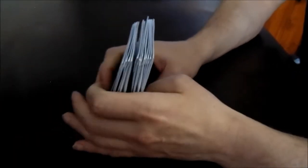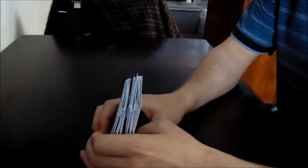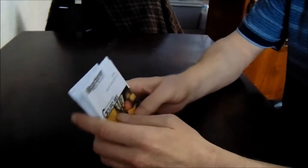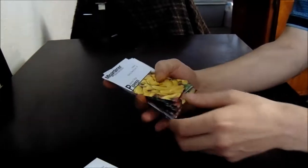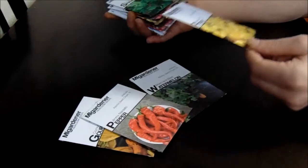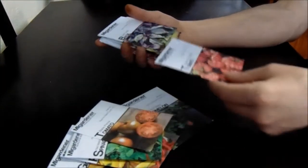So we have actually planted and grown a lot of M.I. Gardener seeds, but the difference mostly being that this is our very first year shopping over there. And so we went over there. It's $2 per pack of seeds. It seems like there's a pretty decent amount in each one of these. It was free shipping on a $30 order. We got Cornucopia gourds, Moon and Stars melon, Jimmy Nardello pepper, lemon drop pepper, red Malabar spinach, black prince tomato,